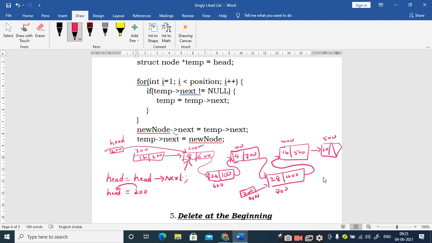Right. So as I said, it is the programmer's responsibility to make use of the free function and deallocate the memory, right? But if the programmer does not give any free function for the deallocation of memory, it will not show any error, right? No errors are expected.